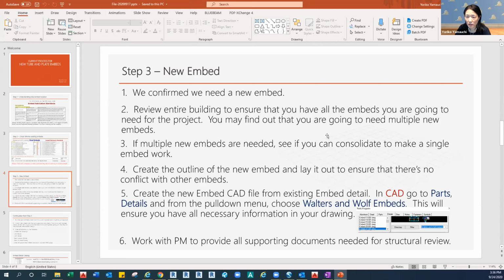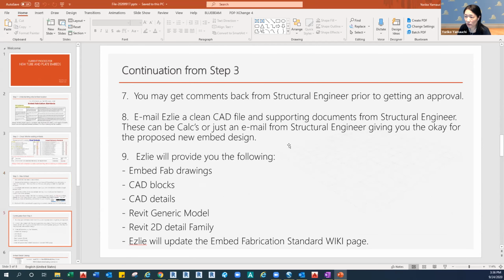If needed, you can specify the field conditions, slab thickness, or the concrete type, like normal concrete or lightweight concrete. Then work with the PM to provide all supporting documents needed for structural review. After that, we send this information to the engineer. They will review and give approval.